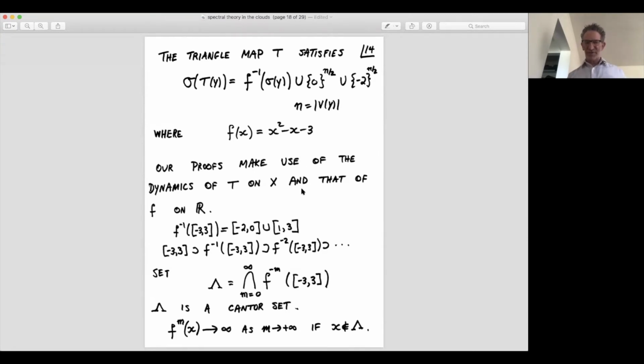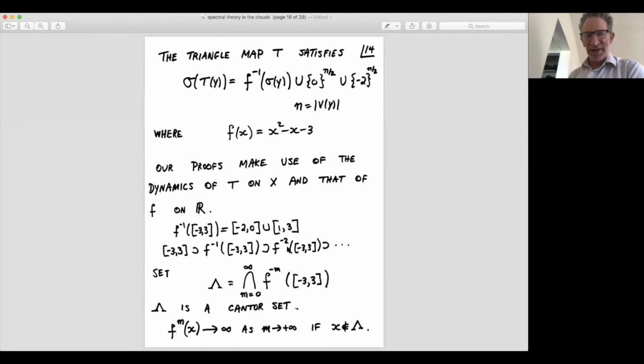And our proofs of the theorem say, for example, that you can find a gap at every point, and make very heavy use of the rational dynamics of this map F, which corresponds on the spectral side to the map T, which is operating on the graphs. So if you look at F as a map from R into R, it's basically got this Cantor set, on which it acts very chaotically, and then outside of that, it wanders off to infinity. So if you take the map F, as it's described here, and you look at the inverse image of -3, 3, F is 2 to 1, so you'll get these 2 intervals. And so -3, 3 will contain F inverse of -3, 3.